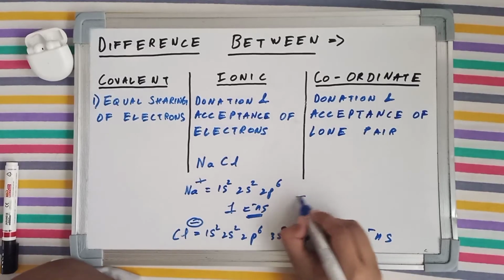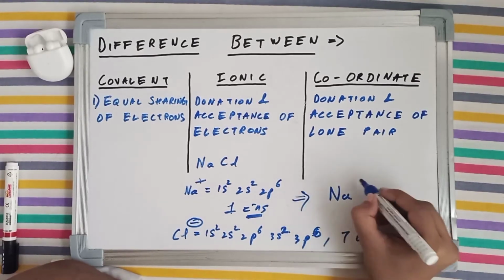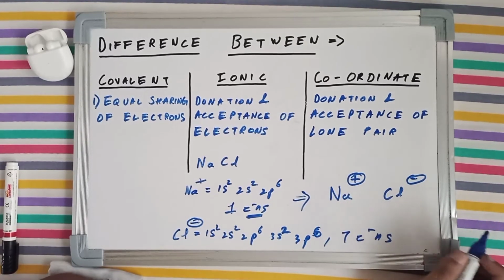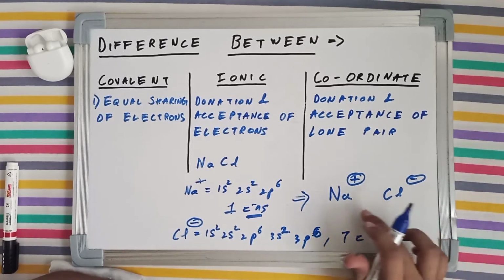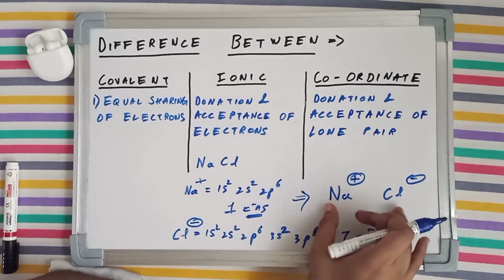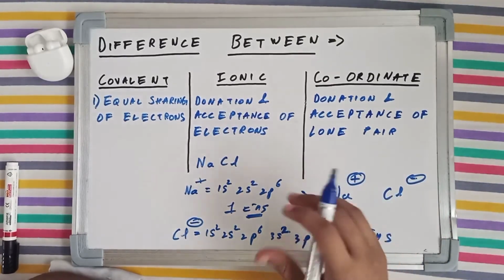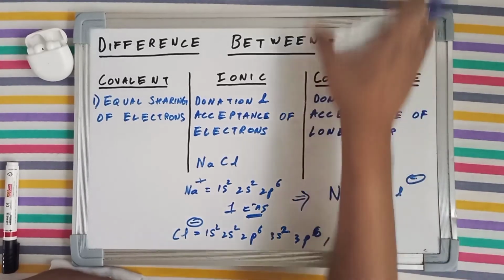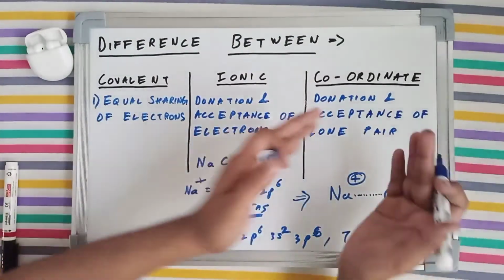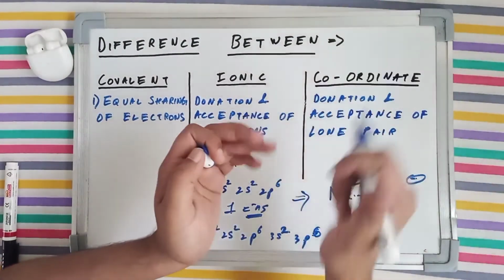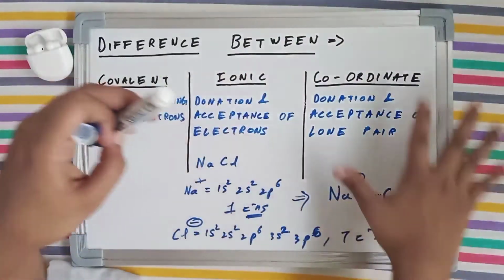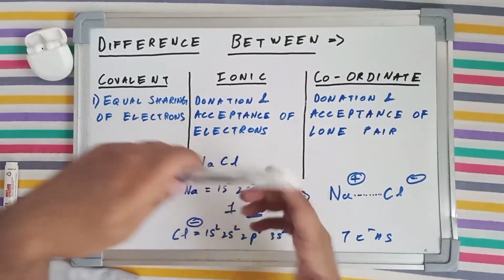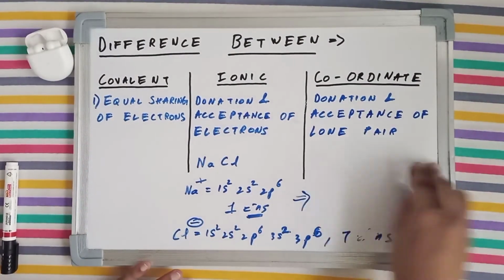So there will be no bond formation, nothing like that. It's just an electrostatic force of attraction. The basics of electrostatic force is that unequal charges of equal magnitude attract each other equally. Okay, so there will be an attraction between each other, and they'll form a lattice in three-dimensional space, in x-axis, in y-axis, as well as z-axis. So they'll form a lattice like this, okay, with sodium ions and chlorine ions forming the spatial arrangement, and this will be the case for the ionic bond.